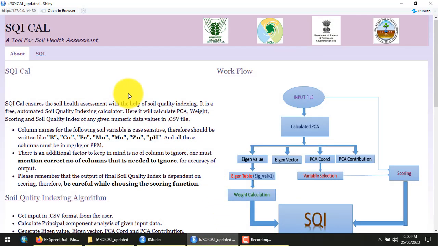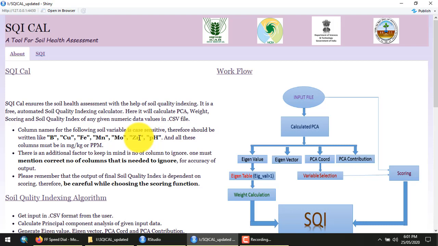Hello friends, today I am going to discuss how to quantify soil quality under given management practices. For that, the ICAR Indian Institute of Soil Science has developed a handy tool called SQI scan. But before that, you need to install two base software. The first one is the R computing environment and the second one is RStudio. Both software are freely available, and you can Google them and install them in your working environment.